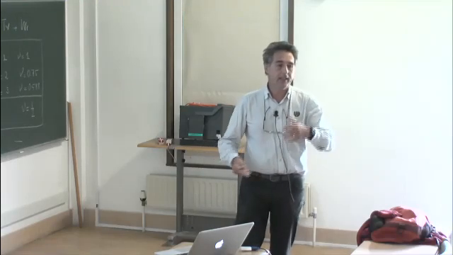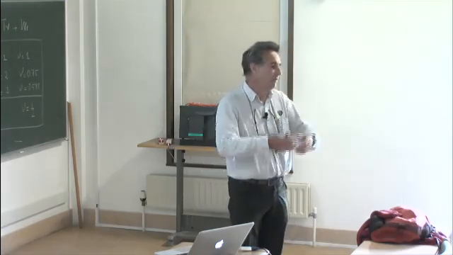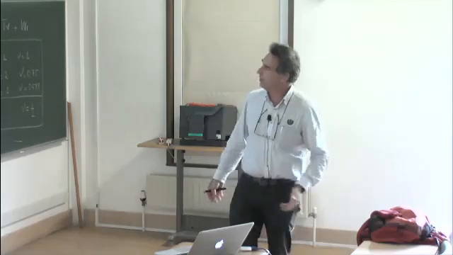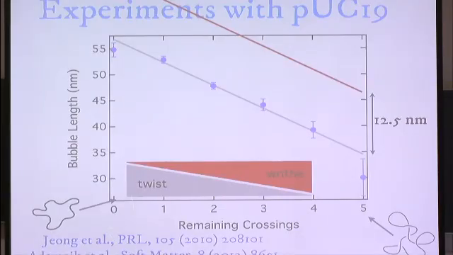Admit that it had a deficiency of linking number of 5, or 10, or 20, whatever. If it has 0 crossings, it means it has a 0 writhe, but the twist of the DNA molecule must be unwound by 20. And so the bubble will correspond to 20 turns of the DNA molecule. But if I have 1 remaining crossing, then it has to unwind only 19 turns. So my bubble will be 1 turn shorter. With 2 crossings, it will be